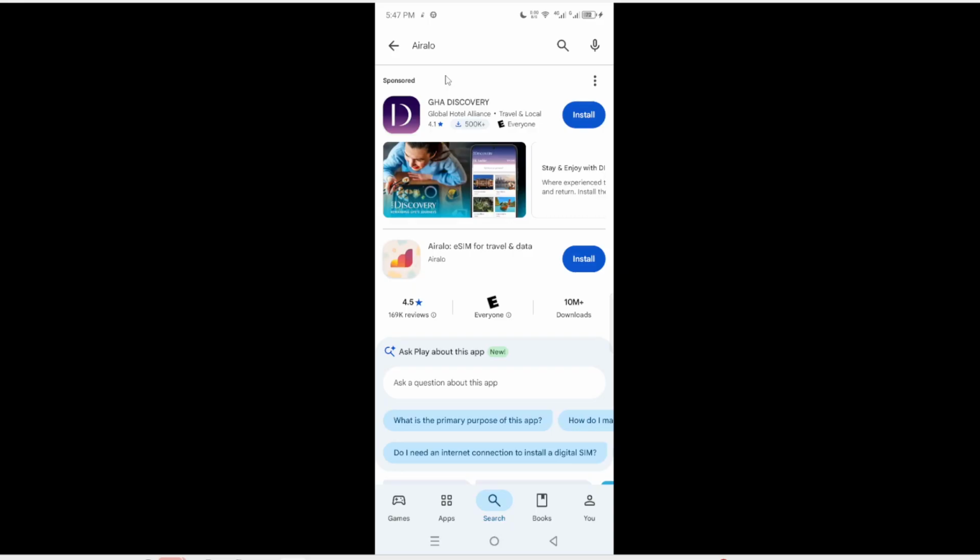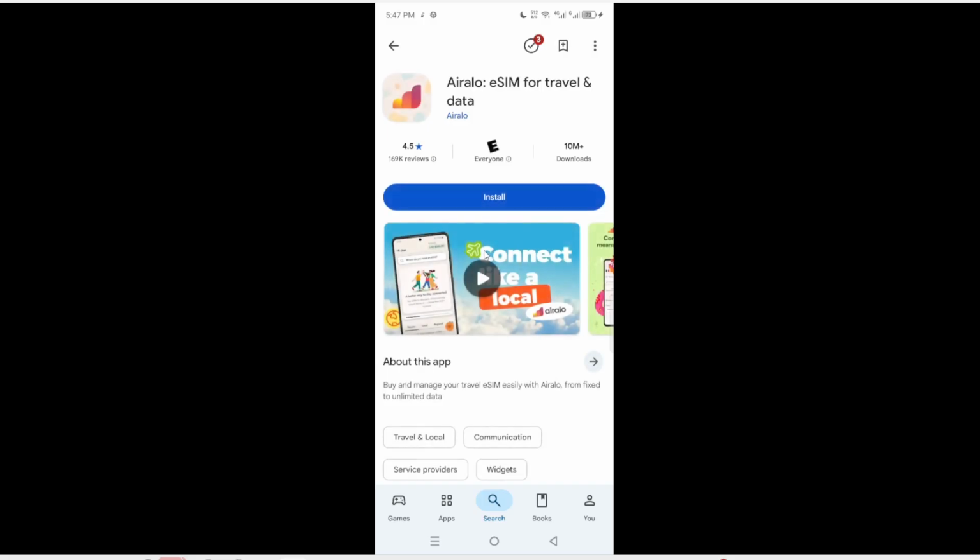Now that you've searched for Airalo, you will need to select the official Airalo Travel eSIM Internet app developed by Airalo. Look for the app that has the right logo and is published by Airalo. This step is essential to ensure you are downloading the legitimate app, as there may be similar apps with different developers. Taking a moment to verify this prevents any issues down the line. Once you find it, just tap on the app icon to proceed to the next stage.